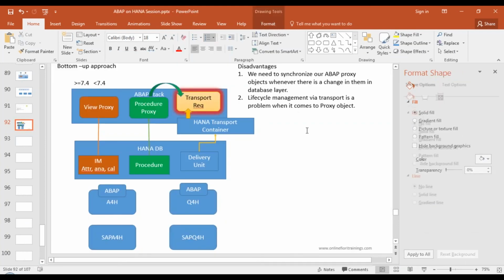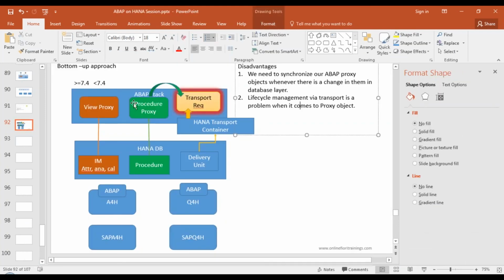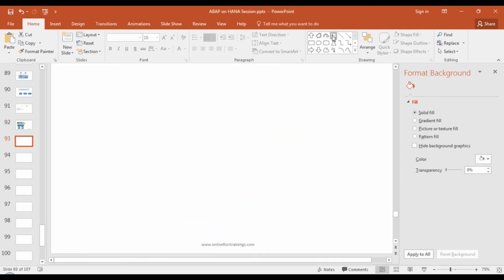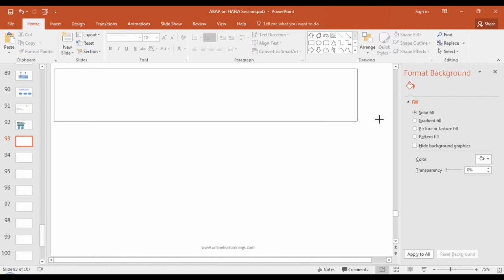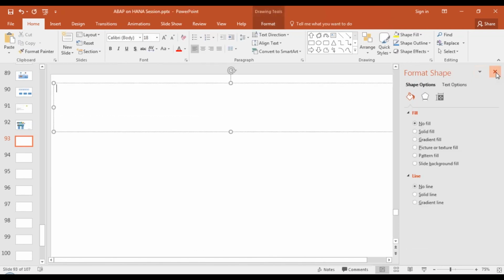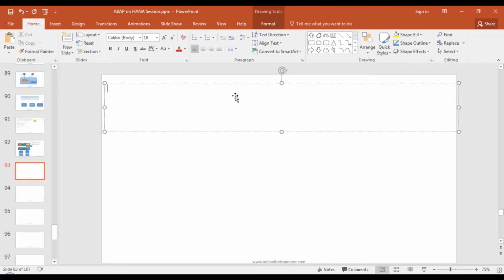Still, these disadvantages remain in the system. You have to do a lot, because point one, you have to have a bottom up approach where you first create these, synchronize them, and also make sure the transport doesn't fail in quality because your dependent objects are not available. Correct? So all this can be solved with a new approach called the top down approach. In the top down approach, what we do is the other way around. We flip the pyramid and we do a top down approach. Can anybody guess now what the top down approach is?